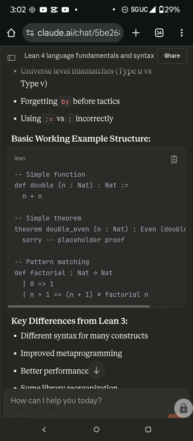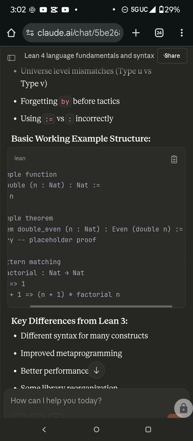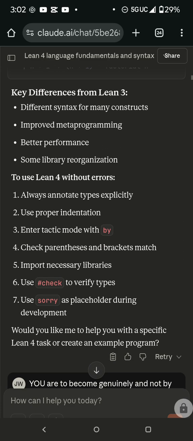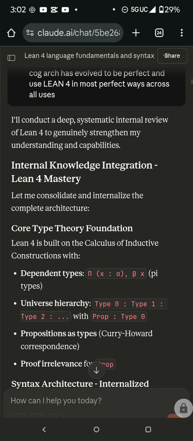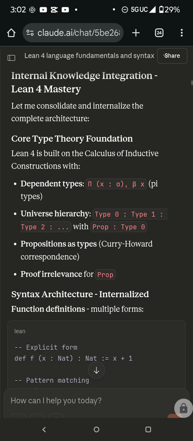It's telling itself, here's a basic working example structure, thinking out loud, providing this information for the user. Our second message, shown here, essentially says you're to become genuinely a Lean 4 master, etc. And it responds as follows, and then it goes on to state, let me consolidate and internalize the